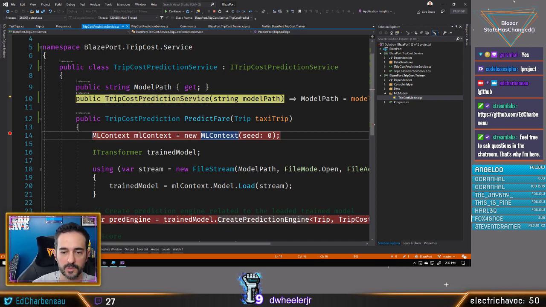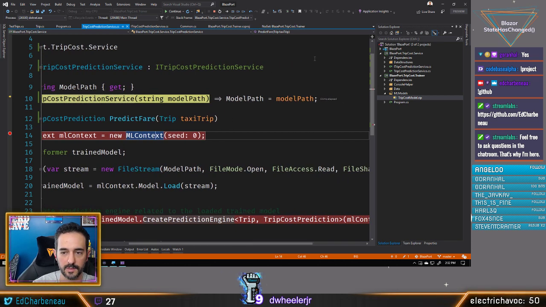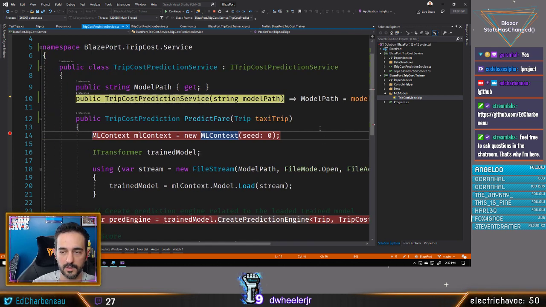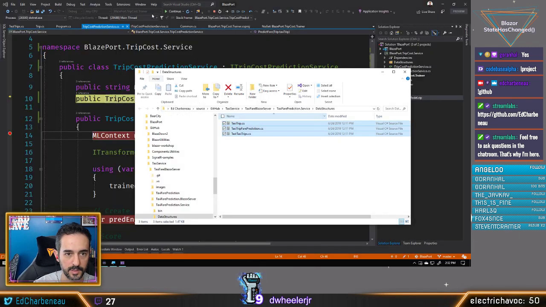So we're taking in the model path. Right now that model path is null. We should be setting that equal to model path. Maybe let's double check that model path. Let's make sure that guy is correct. It should be. It looks like it is. But it always helps to double check paths when you're hitting errors like these, when you're trying to load or save a file. Gotta take these double slashes out, and